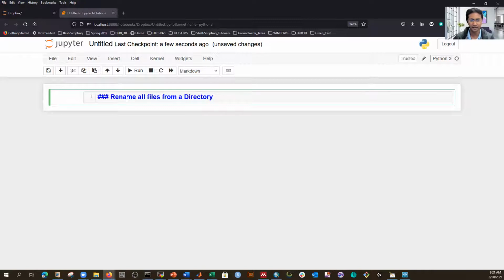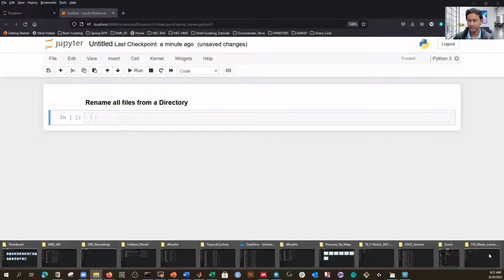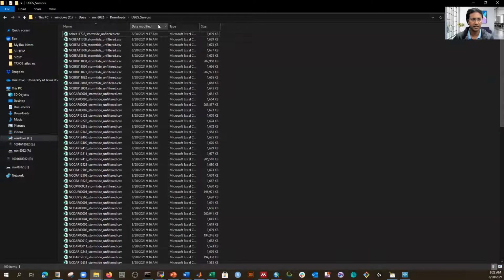If I run this one, if you press Ctrl+Enter or Shift+Enter, it will run, and it will create another cell if you press Shift plus Enter. Or you can use the run button here. That's easy. Now I have the files in the directory I just mentioned here. If you copy that directory